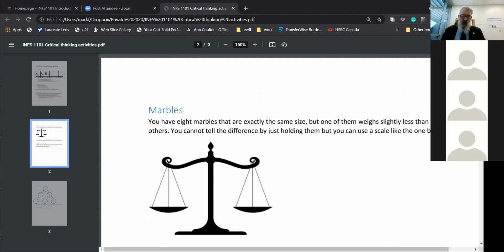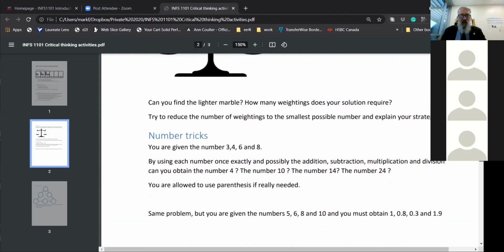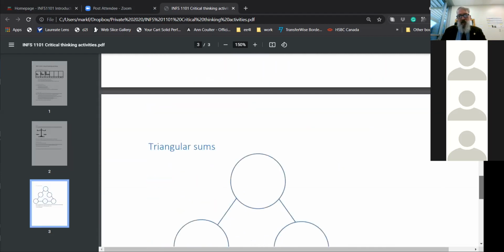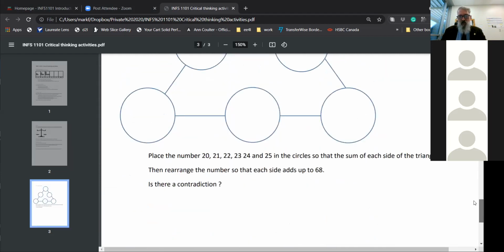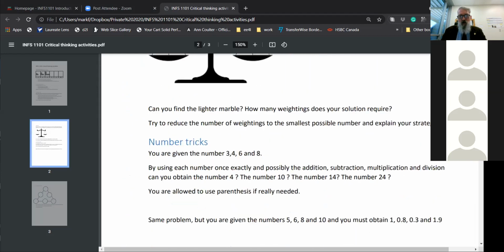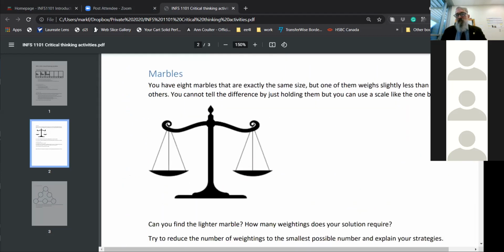I think that that's kind of enough for introduction. What do you think, guys? So what I want to do is I want to stop on this now. I want to leave you with this. You'll find a link in your D2L to this exercise so you can continue with it. And I want you to just have a go at that. Now, this is not an individual exercise unless you want it to be. So in other words, I don't mind if you get together